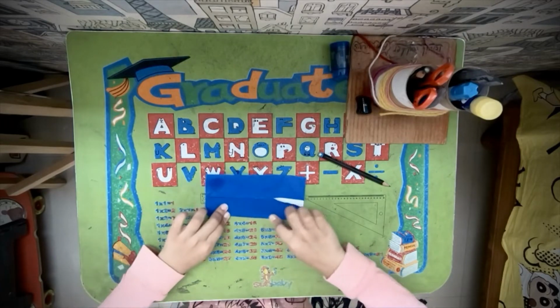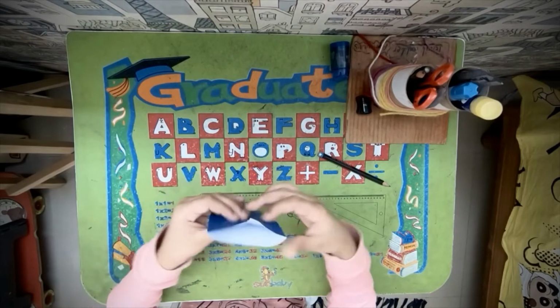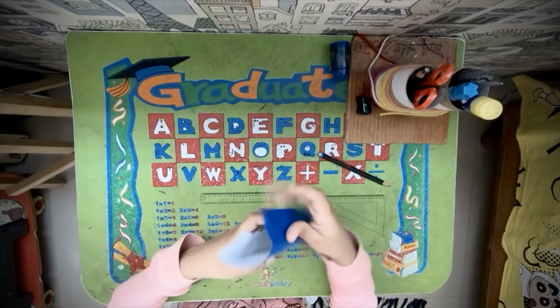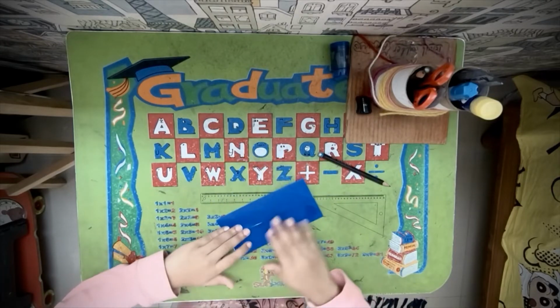Okay, so this is called the door base. See, two doors. Congratulations, you have learned what is a door base. Okay, now